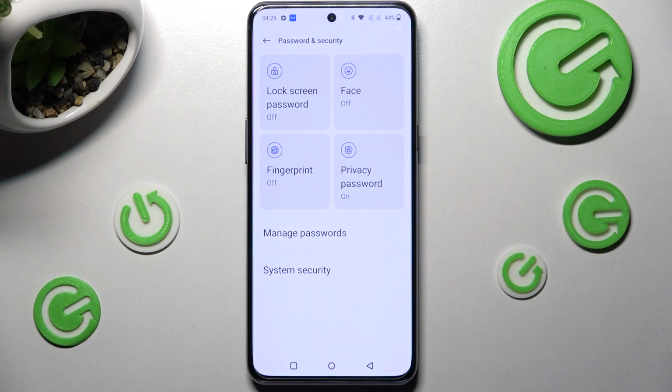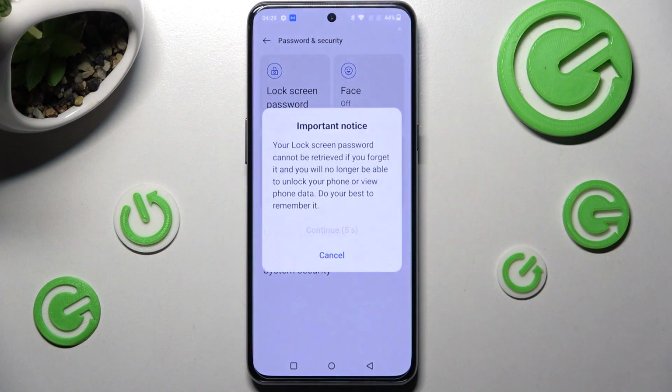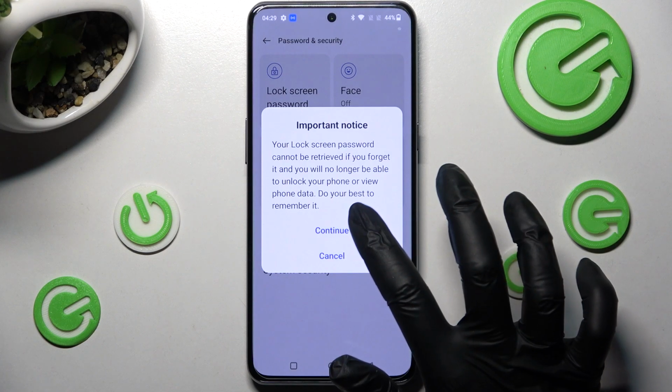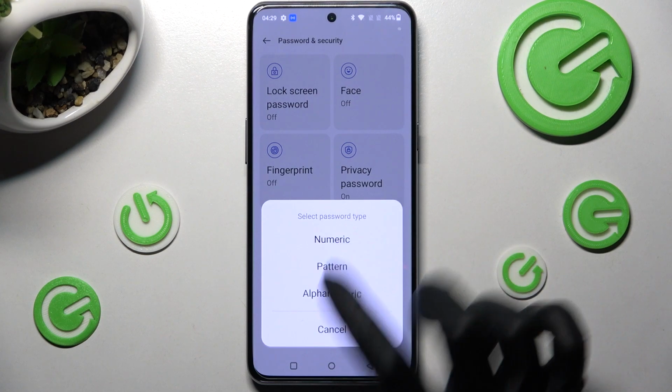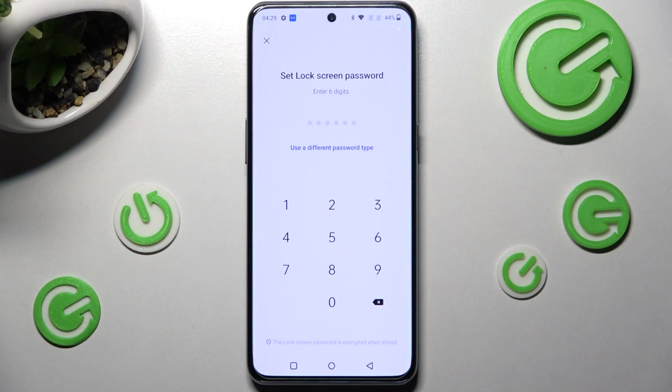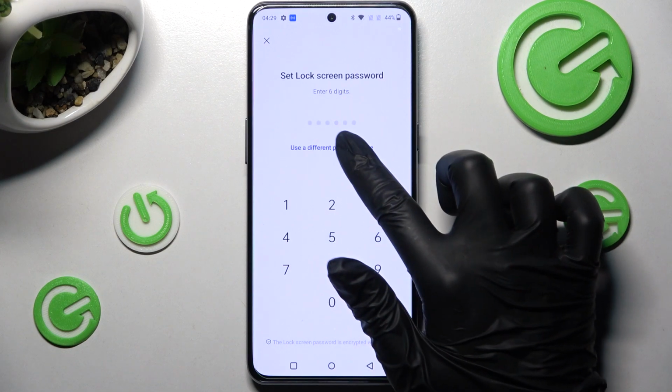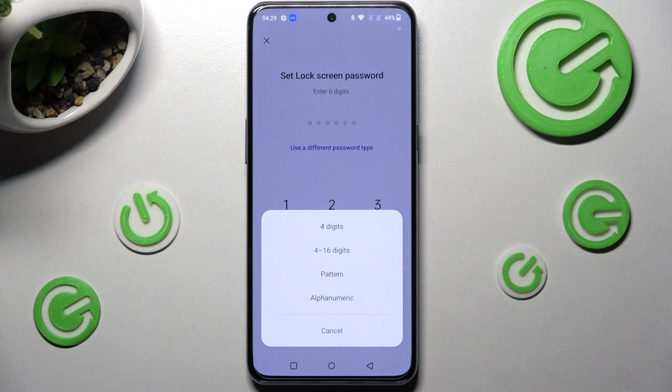Now you need to tap on Lock Screen Password over here and wait 5 seconds. Then choose Continue in this pop-up. Over here, click on the best password type for you. I will go with numeric. And then if you change your mind, click on Use a different password type and tap on one of those options,